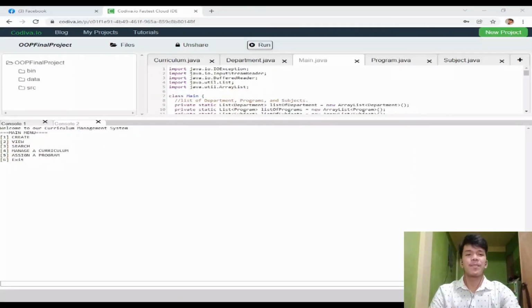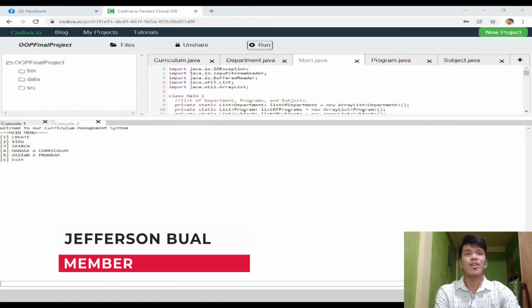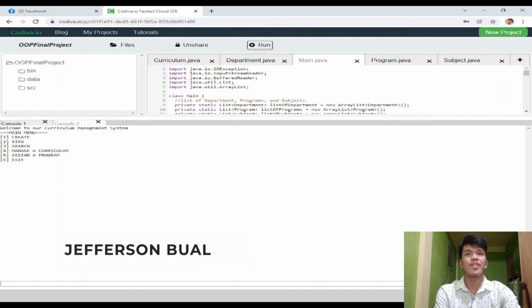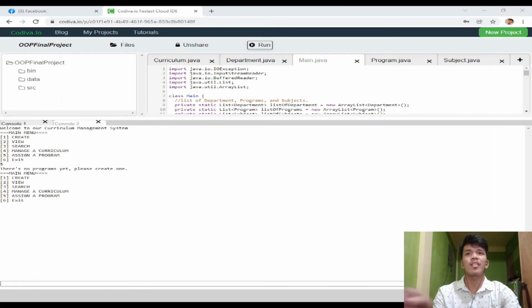Hi, I'm Jefferson Sibual and I'm going to discuss and demo option number 5, which is assigning a program to a department. This feature allows a user to designate a newly developed program to a certain department. If there's no program record in our system, the user will be unable to utilize this option. As you can see here, when I choose option number 5, even though there's no record yet,